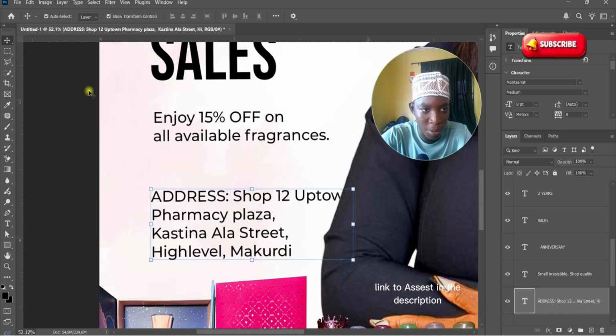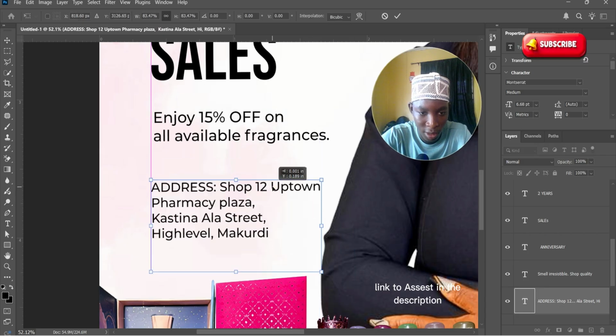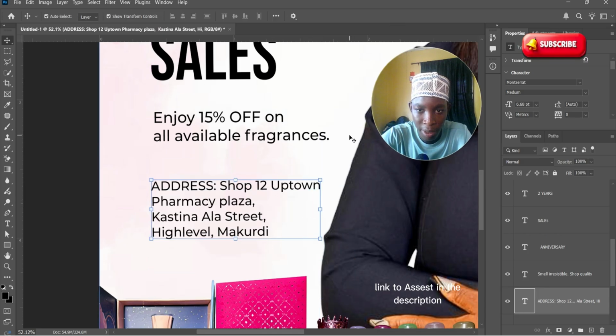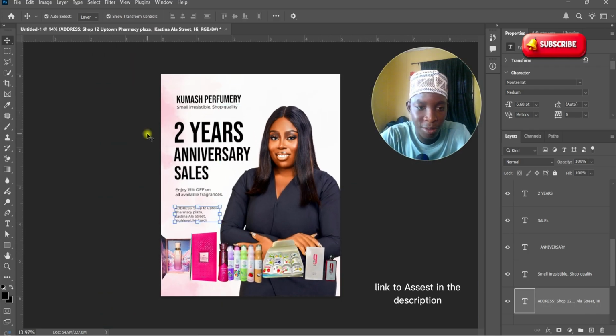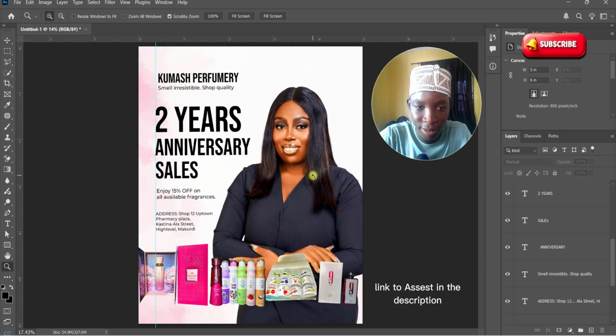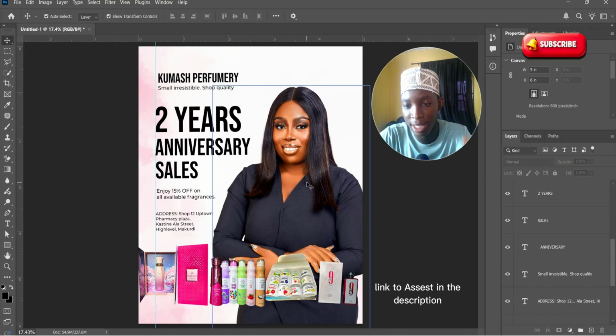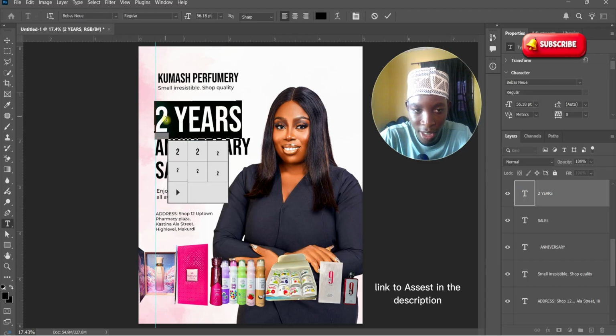So, for the purpose of this tutorial, I don't want this to be long. But the most important thing I want to explain to you is the level of alignment. You can notice that. See, let's drag this. There's an alignment base here. You can see how it is aligned. And I don't want this to be long. So, for you to just make touches here so that it will be very clean, you can now come here,